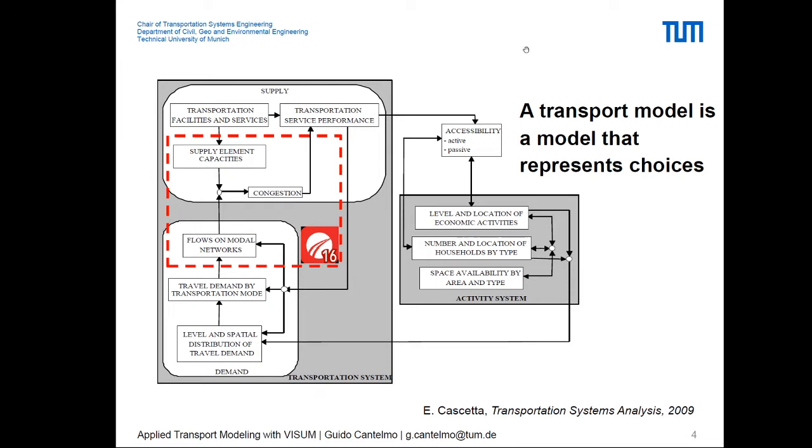So what do we need to combine the supply and the demand? Well, first of all, we need to know the demand, how many people are moving. We have already been seeing this during the course. So what do we need to know? We need to know the trip origin and the destination, where people are going, where they are coming from. For dynamic models, we also need the departure time. Are we talking about the morning, the evening, 8 o'clock, 5 o'clock? What do we get? Well, the traffic assignment takes as input the demand with all the characteristics that we've been discussing and gives us